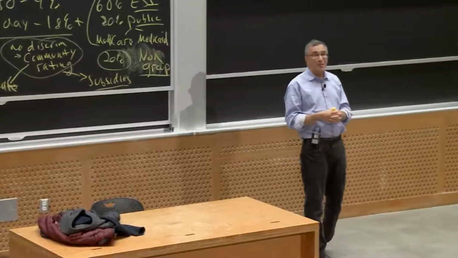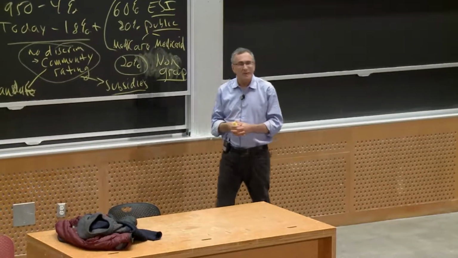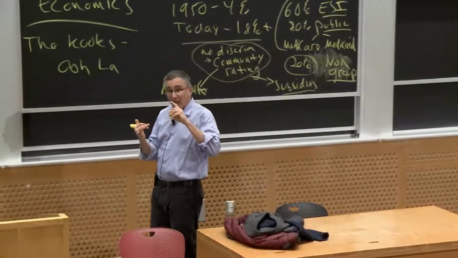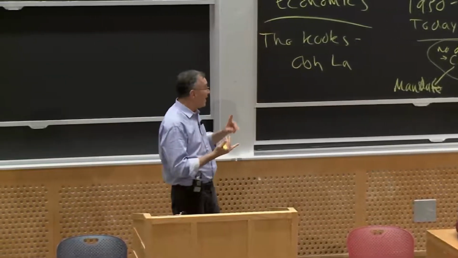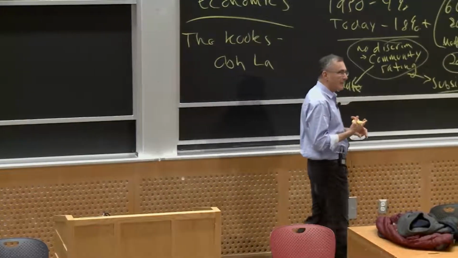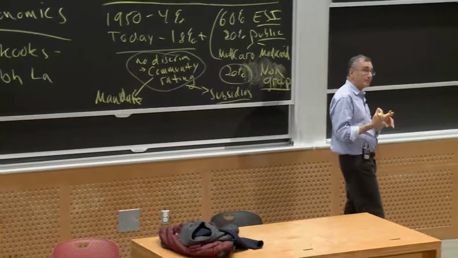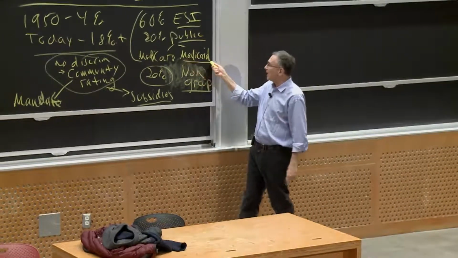The Affordable Care Act was basically the Massachusetts law with 3 more zeros. It's basically the Massachusetts law at the federal level. What does the Affordable Care Act do? It imposes community rating and insurance. It mandated individuals to have health insurance, and it set up subsidies to make that health insurance affordable. In particular, subsidized in two ways. One is it expanded the Medicaid program.